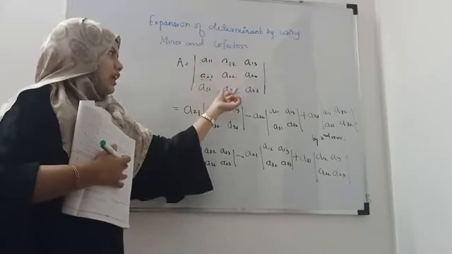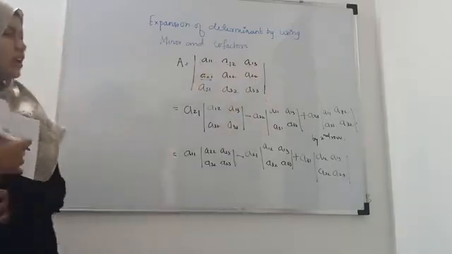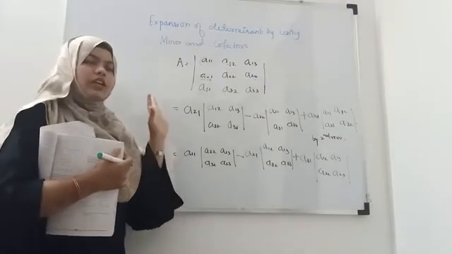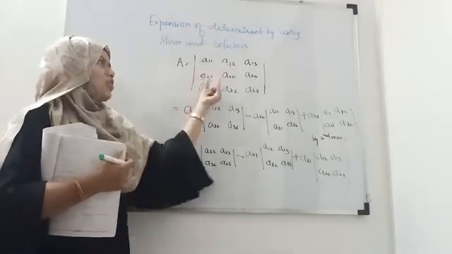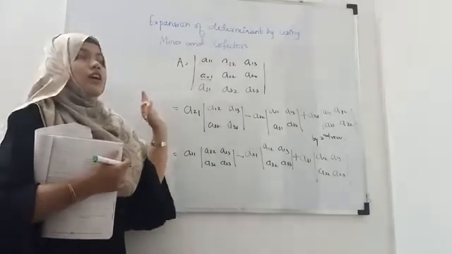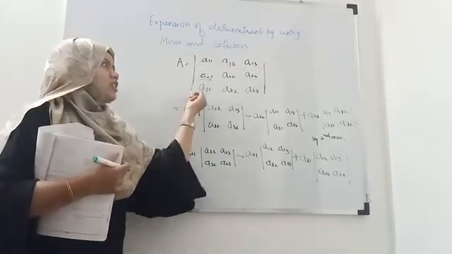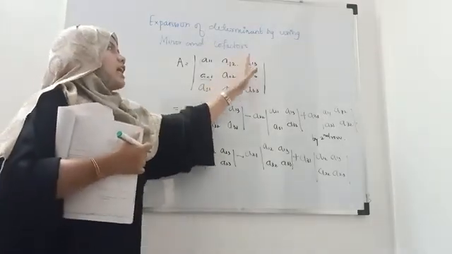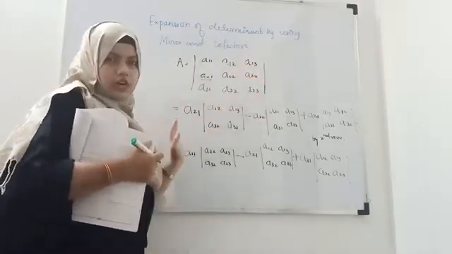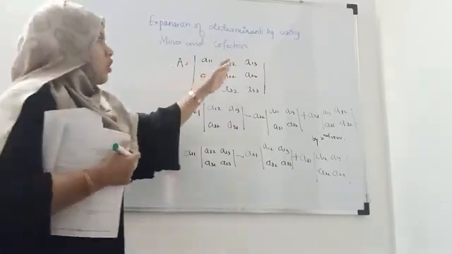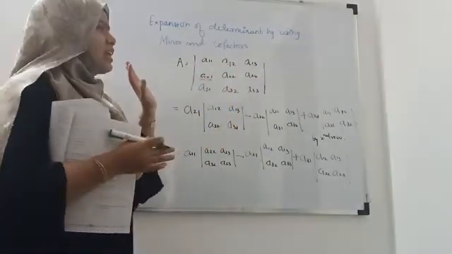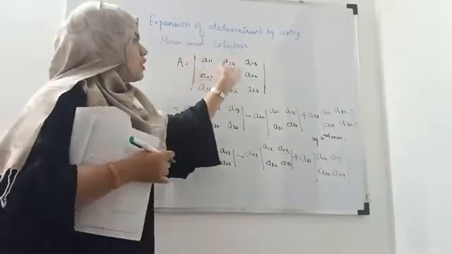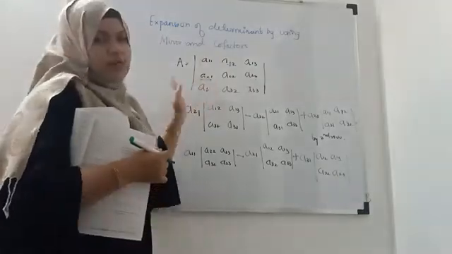You can also use the second column, you can also use the third column. Okay, so in the exam, if the question is asked for finding only the determinant, you can use any method, any row, any column. But if it is mentioned to write down the expansion of the determinant by using the third row, then you have to use the particular third row. If it is asked for using the third column, then you have to use the third column only. Okay, it is simple and it is the same as the first row. You just have to go in the column direction instead of taking rows.